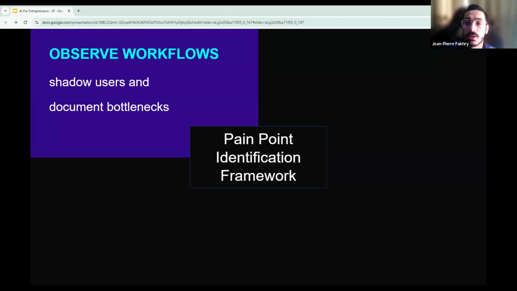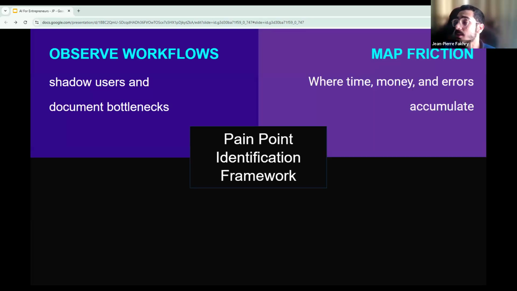Sit, for example, in the clinic admin room for 2 hours, or watch a logistics coordinator track a shipment, or also have been involved in that field in the past. For example, if you were working in this field and you saw a problem and you know it is a problem, you don't have to do this step, obviously, because you have already observed it. Now, step two is mapping the friction. Basically marking every point where time slows down, where errors happen, where people switch between tools, and where someone has to ask a colleague for help.